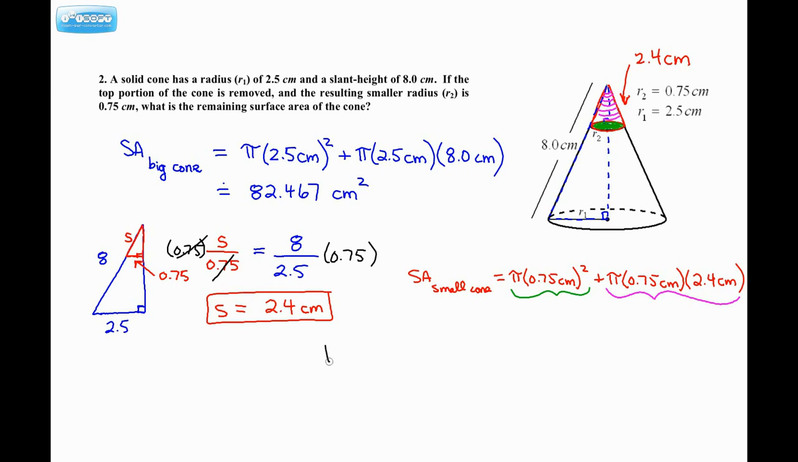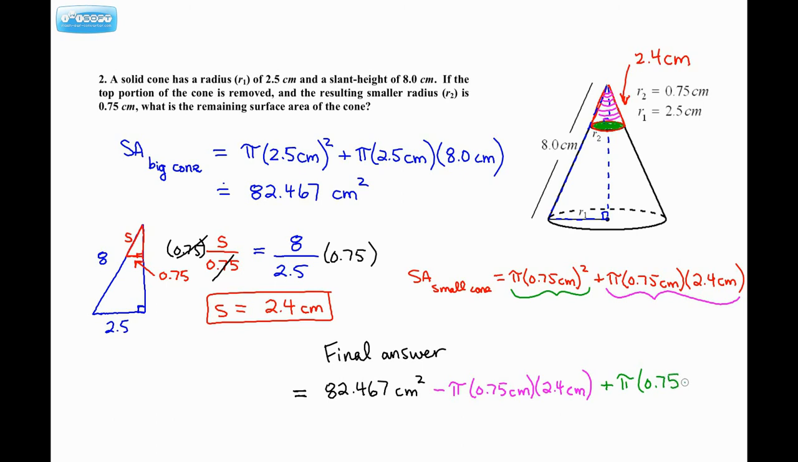So the final answer, right, it's not just about using formulas, it's about problem solving and thinking and reasoning. It would be 82, because that's the surface area we start with. So I have the surface area of my large cone. I have to remove this top piece, so I have to remove the purple. So let's put that in purple. So I have to subtract pi times 0.75 times 2.4. But I have to add this bottom face in green. So I'll put that back. So plus pi times 0.75 centimeters